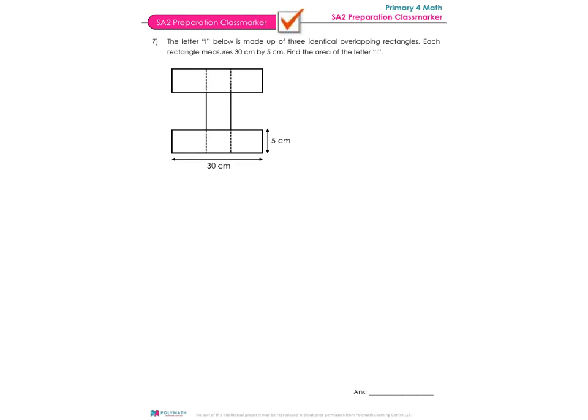The letter I below is made of 3 identical overlapping rectangles. Each rectangle measures 30 cm by 5 cm. Find the area of the letter I. Okay, so you know that the rectangle is